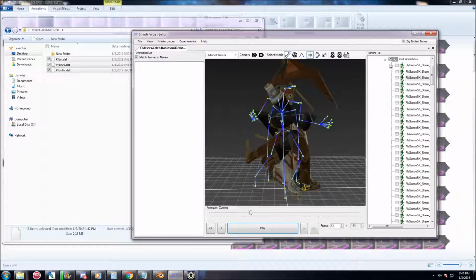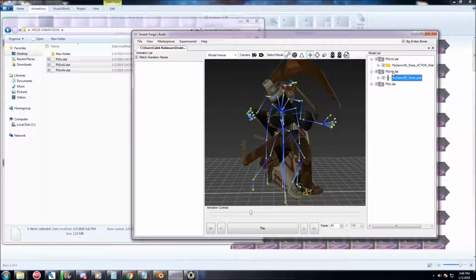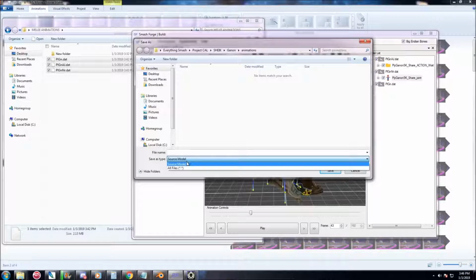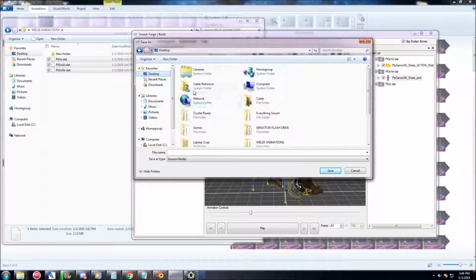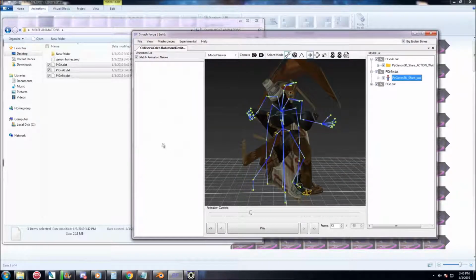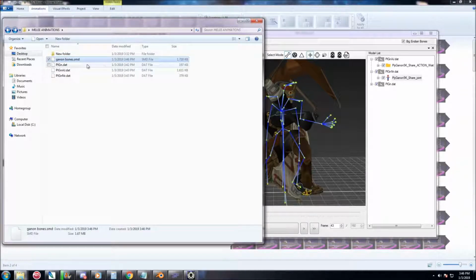So basically, what we're going to do is we need to export these bones, the skeleton, the model right here, the neutral skin. We're going to export this, and it only exports as a source model. I'm just going to name that there. So now we get this source model file,